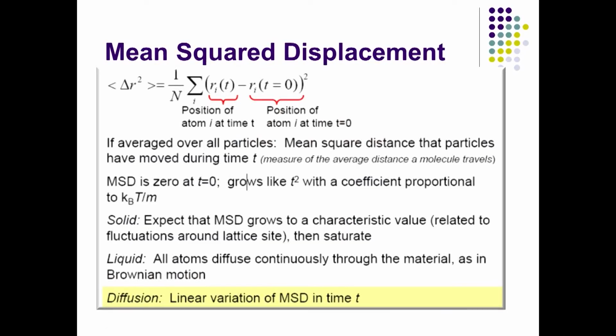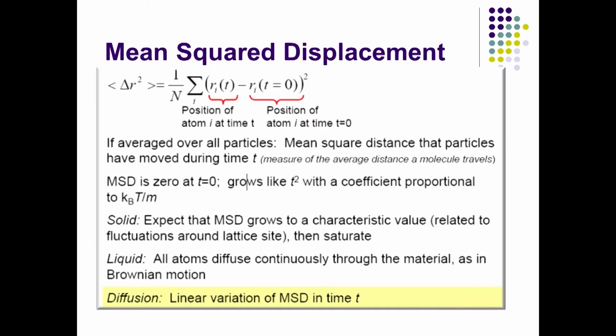So, if you average over all particles, the mean square displacement is how far the particles have moved during the time t. Mean square displacement is 0 at time t0, which is the initial position, and grows as t square with a coefficient proportional to kB T over m. If you look at this, kB T over m is the kinetic energy part, which we understand from specific heat as well. In the solid, you know that the mean square displacement will grow to a characteristic value, but then